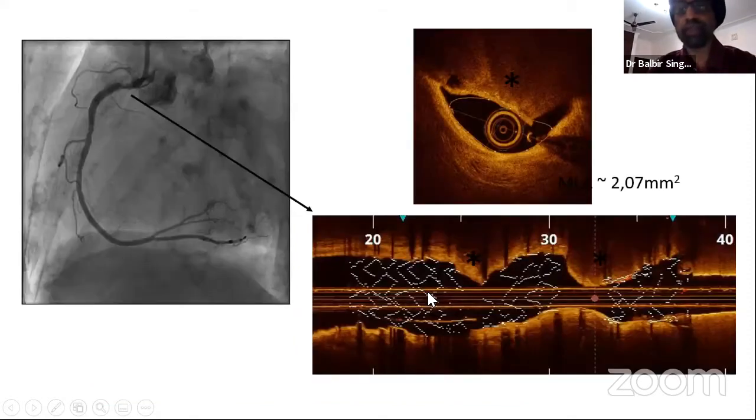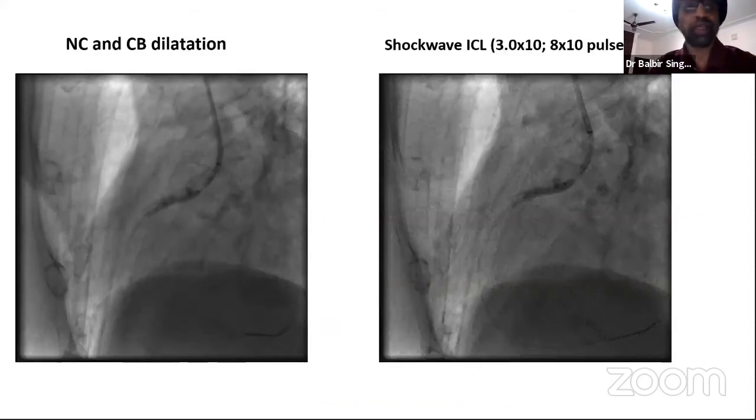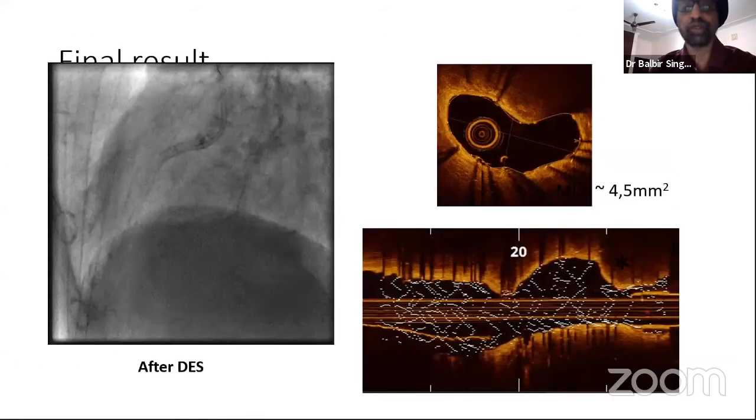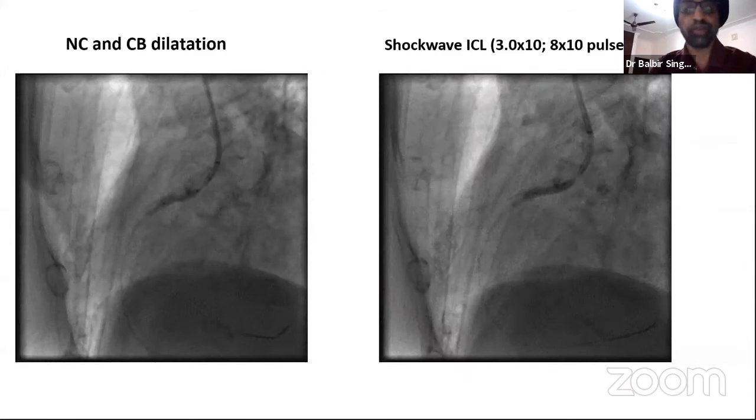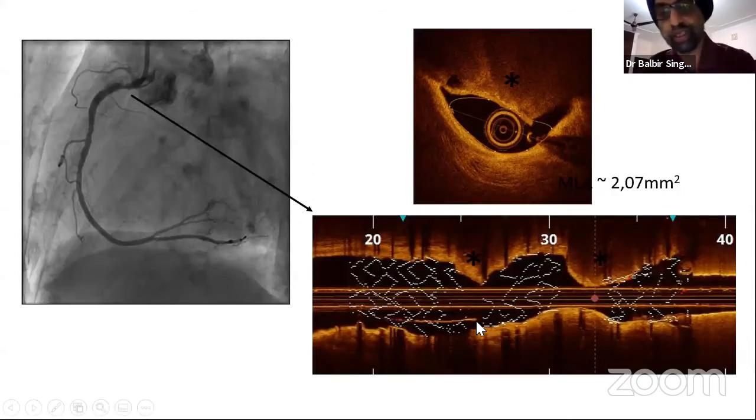This patient came back in 2019, again with restenosis, and this time treated with a shockwave. But what you saw is this OCT image. The stent has been fractured at two places, this and this. Sometimes neointimal hyperplasia also makes this area not show the stent margins, but if you look